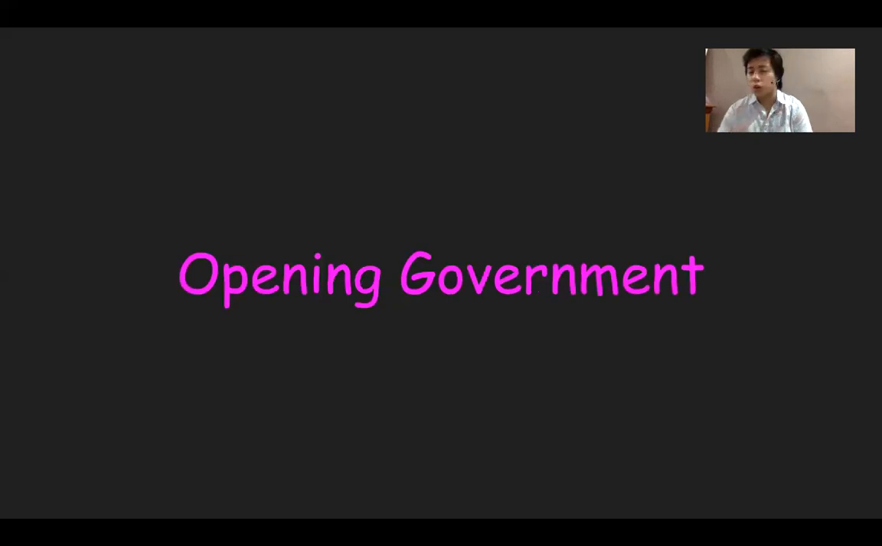So the first thing I want to go to is opening government. In opening government, you have two speakers: the prime minister and the deputy prime minister. The prime minister is the first person to speak in the round, and the deputy prime minister is the only person in the OG team who is able to rebut another person or directly engage with another person, which is the leader of opposition. Given this,